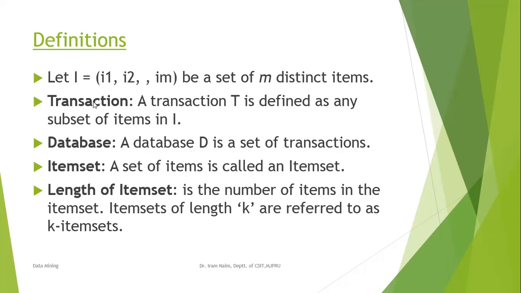And what is T? T is a transaction, a subset. In a transaction, we have any subset of these items. Either we have the full complete item set, or we have a collection of the items. Suppose you have 10 items. The collection of 10 items is your complete item set, and within a transaction, a subset of the item set is possible. Like in one particular transaction, 5 items are there; in another transaction, 3 items. So you can see it like that.